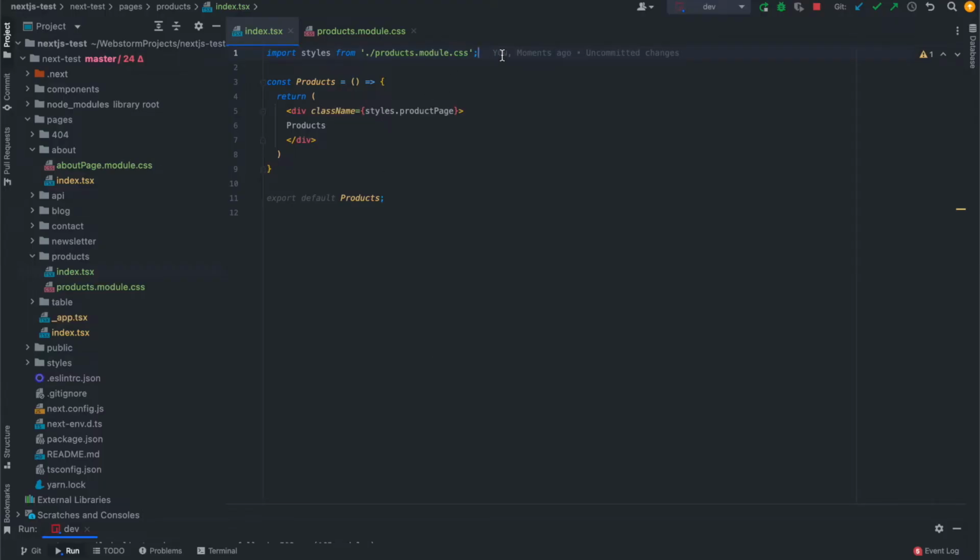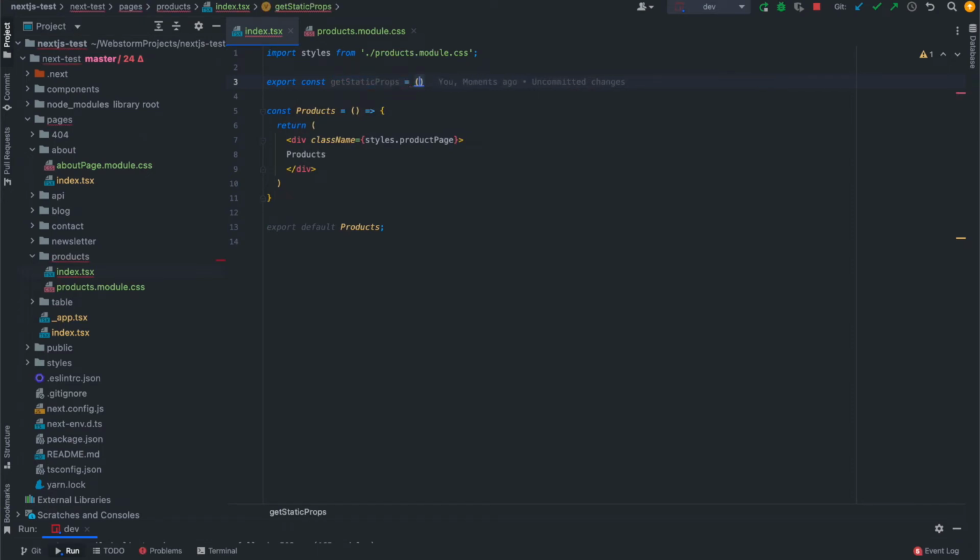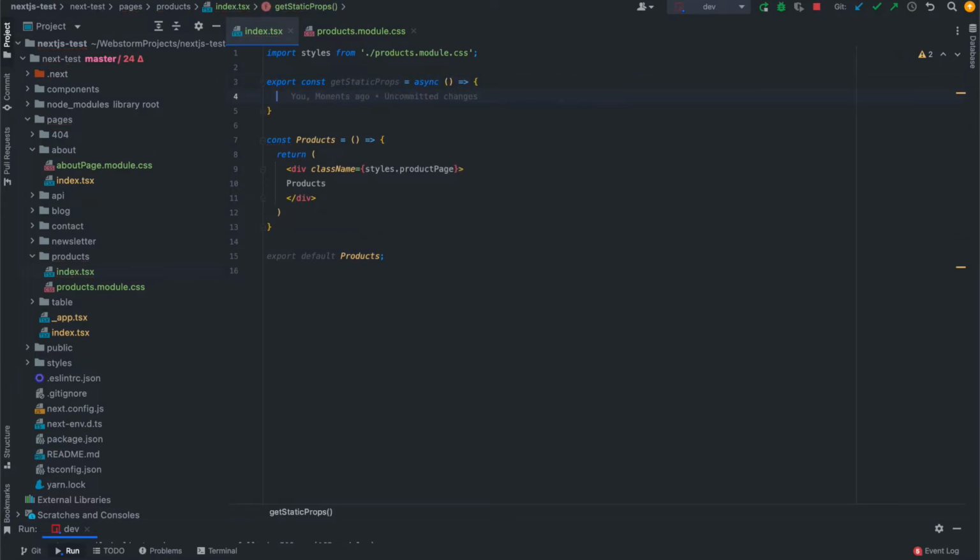So as you know, Next.js is a server-side rendered application, and we need to use getStaticProps to get data before we render our application. I will show how we can do that right now. So it's export const getStaticProps, and since we will make an asynchronous request here, we can write async to our function,